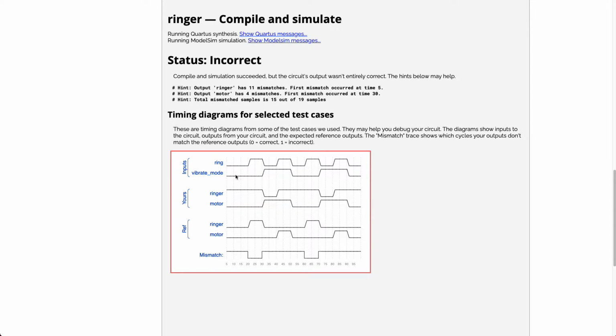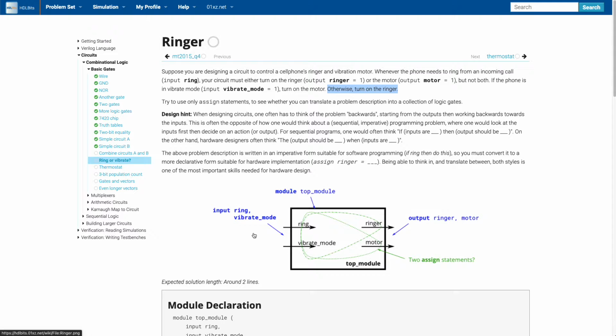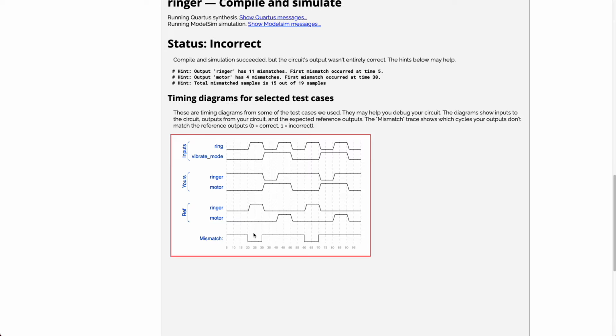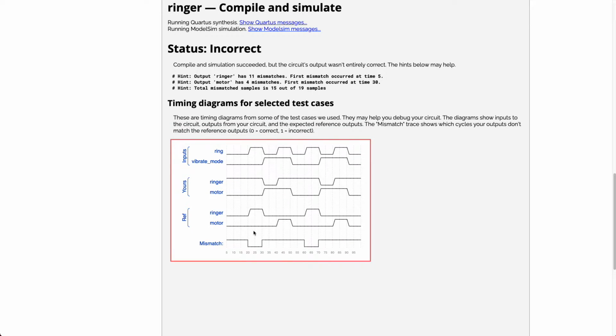So I guess the spec here is saying it wants the ringer, basically it wants the motor to be on if both are on, and then it wants the ring to be on if yeah,